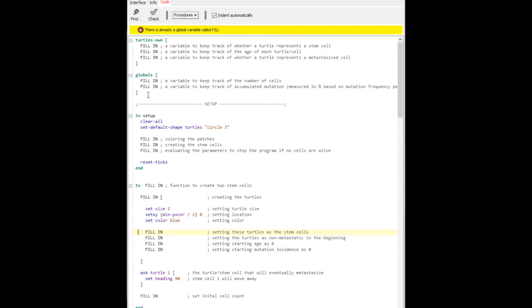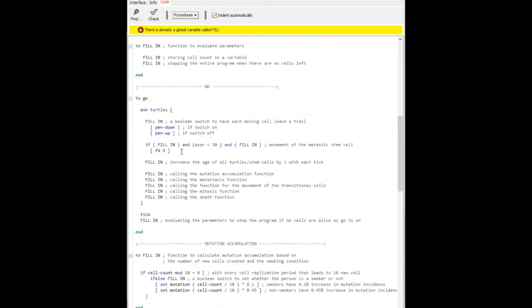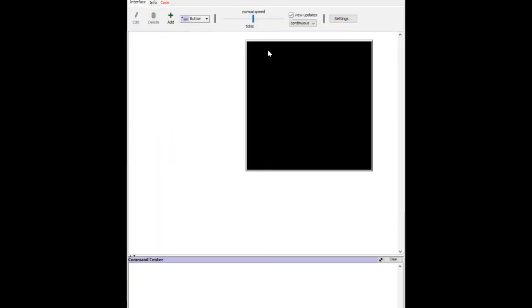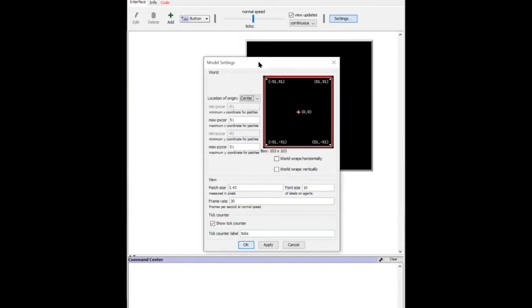So if it sees some inconsistency, it warns you before you go onto the interface. Right now it thinks that I have all these fill-in variables that are obviously not what we're going to use. And just to go back to the interface, just to make sure that everyone is working with the same